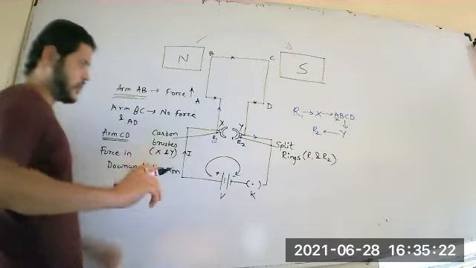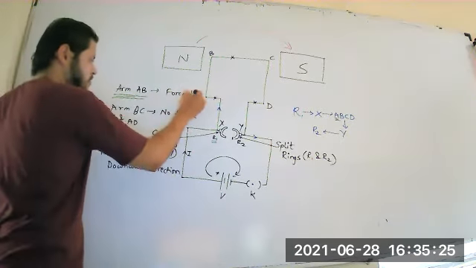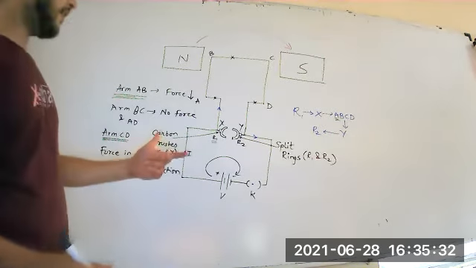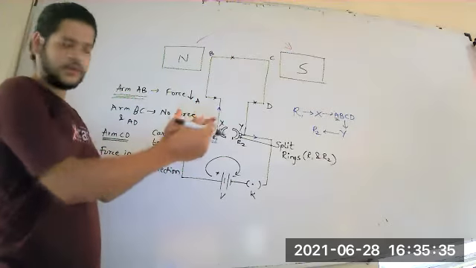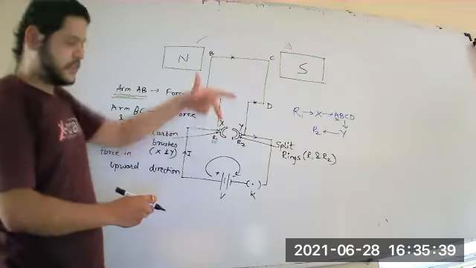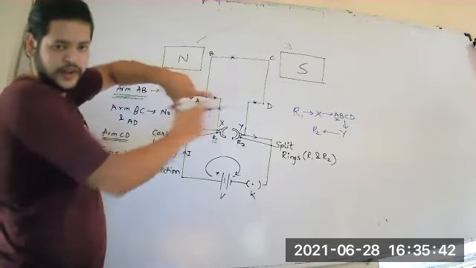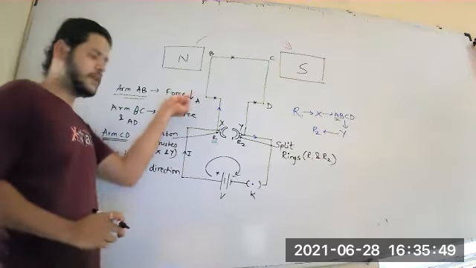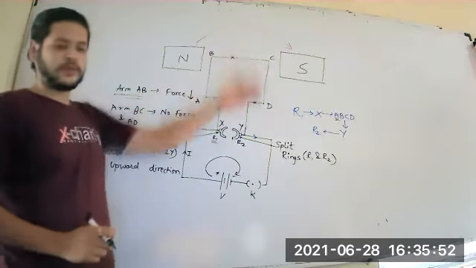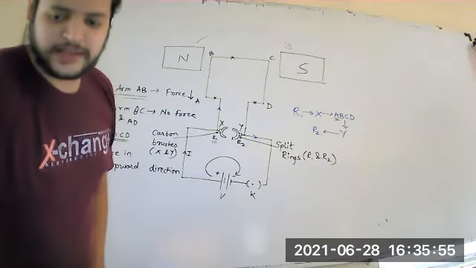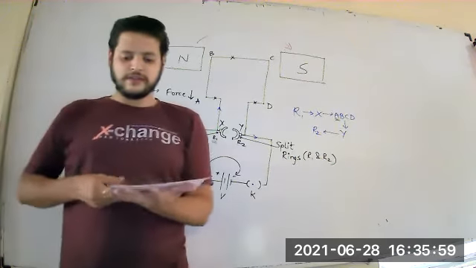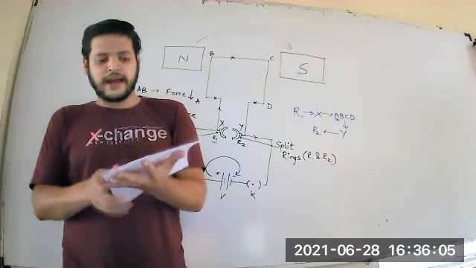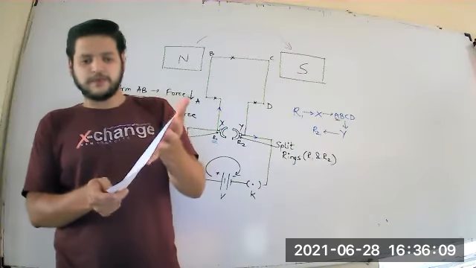Sorry, there is one change here: the force will be downward here and upward there. Because if we apply the left hand rule, in CD the current is coming out, this is the direction of field and this is the direction of force. When the current goes inside, the field and force are downward. So make this one correction: in arm AB force will be in downward direction, in arm CD the force will be in upward direction. So it is somewhat like this. Suppose this is your field with A, B, C and D, then this arm will go downwards and at the same time arm CD will come upwards.